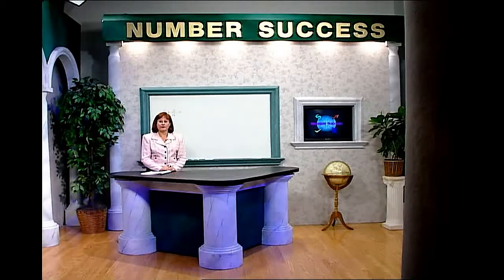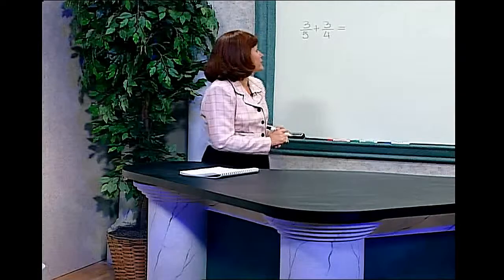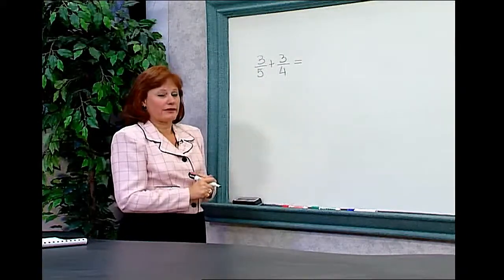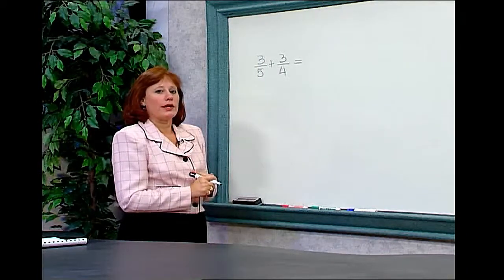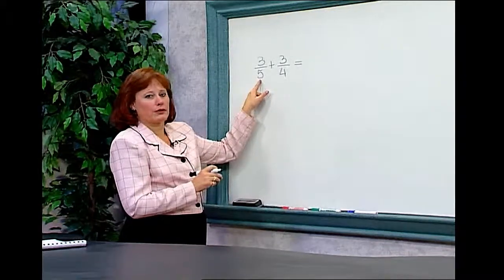Adding fractions with different denominators. If the largest denominator in a problem cannot be evenly divided by all the fractions, then a new number must be found that can become a common denominator. For example, 3/5 plus 3/4. We know since the denominators are different, we're going to have to get a common denominator. We can make this problem a little bit faster by checking with the largest denominator, which in this case